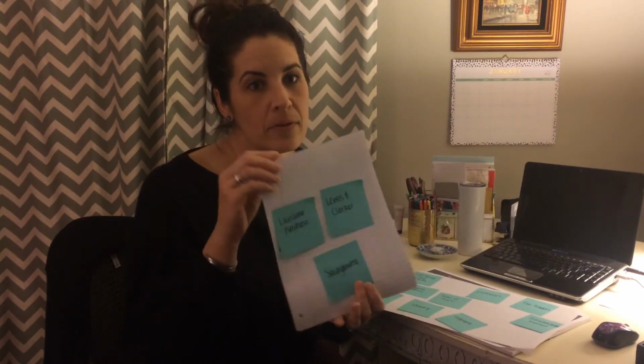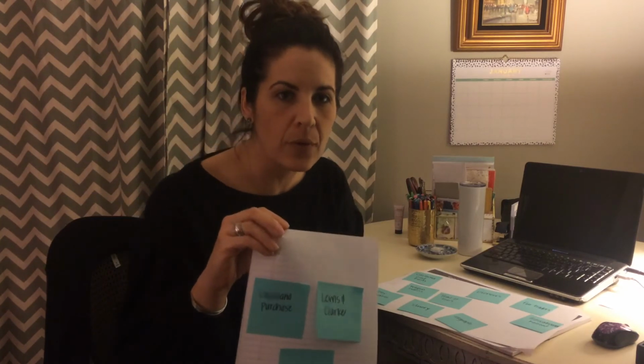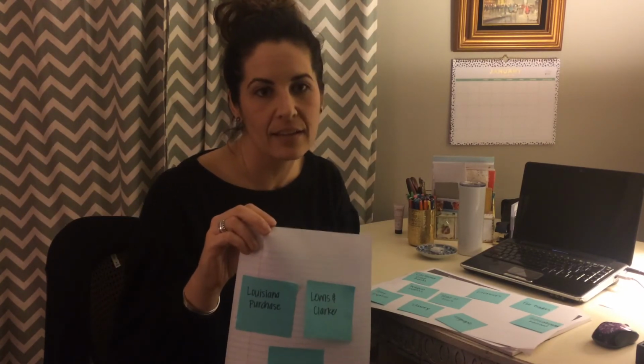I'm going to staple those together into a booklet because this I'm going to turn into a plan for my essay. Now once I've done that, I need to look back at all of my newspapers and all of my